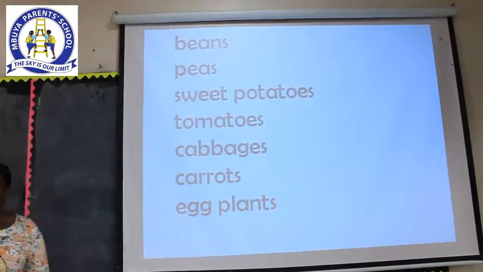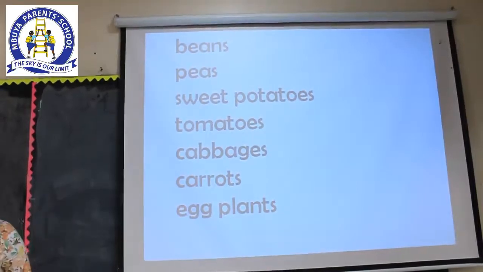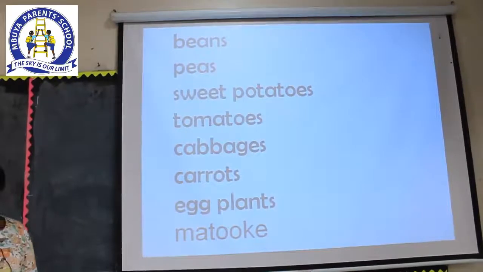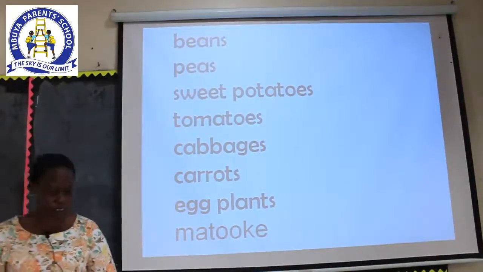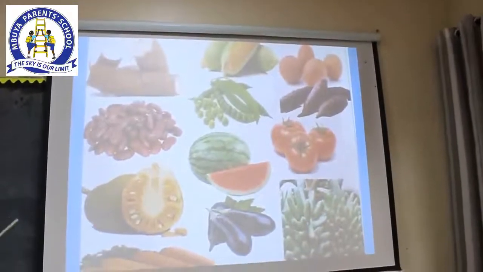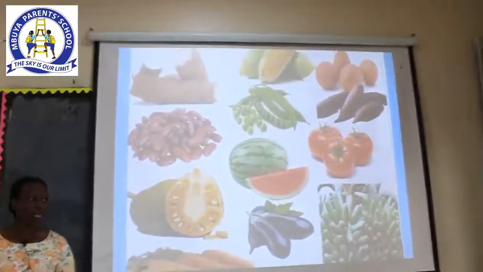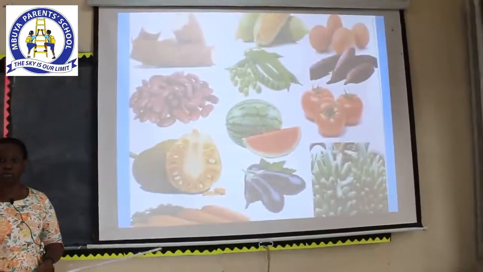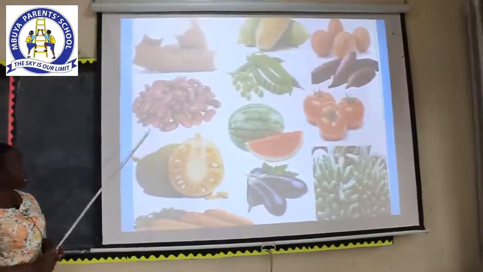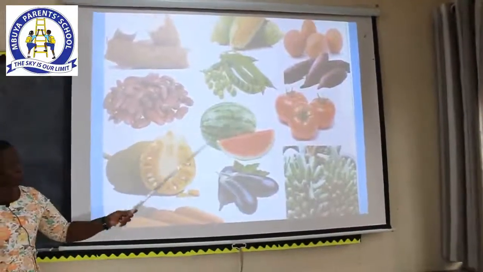E-G-G-P-L-A-N-T-S. Eggplants. Very good. Now, having looked at the words and the food that we have been mentioning their names, let's move ahead and look at the pictures. Remember, I told you that I expect you to be able to draw some of the food items. Now let's look at the pictures of the food items. These are the food items: